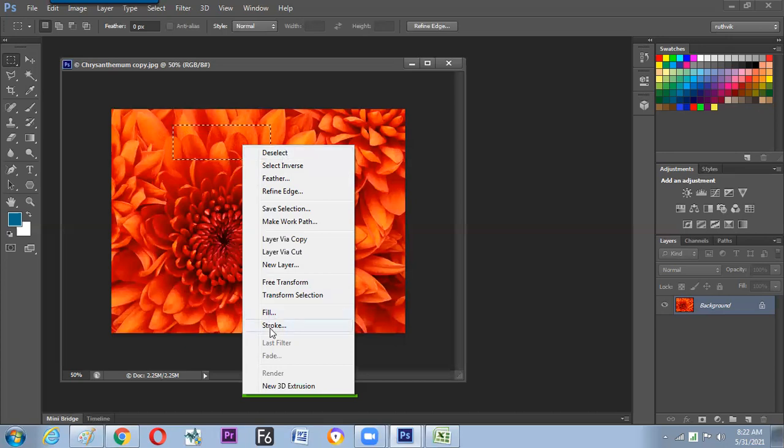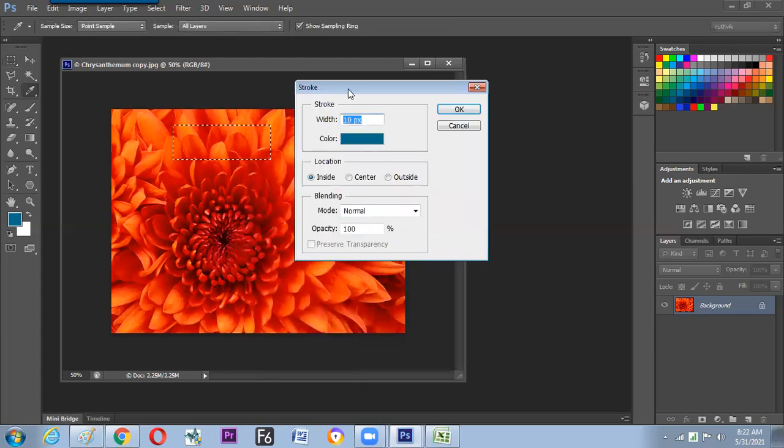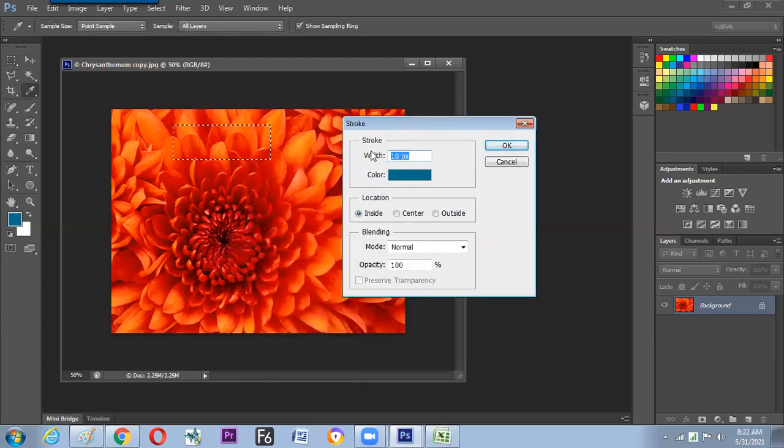Let us start with the stroke. It'll immediately pop up a window where it asks a few questions. What is the size of the stroke and what is the color of the stroke, right? And should the stroke be placed inside the selection, outside the selection, or 50-50? Center means 50% inside, 50% outside. What does it mean? If we are taking 10 points, then 5 points will go inside, 5 points will go outside.